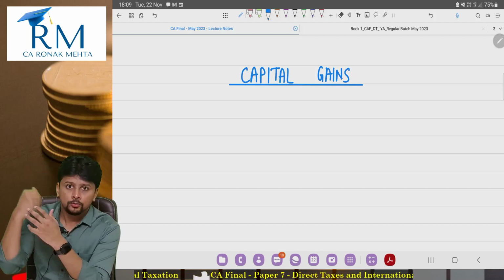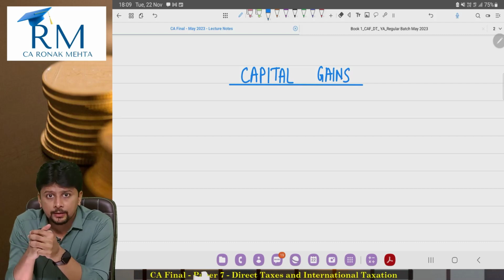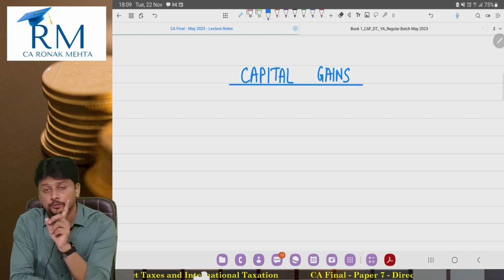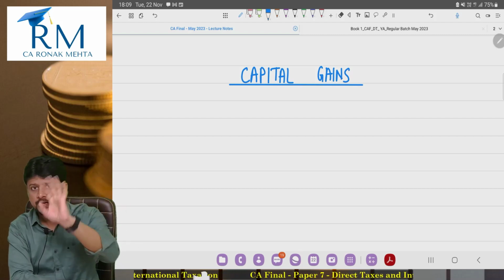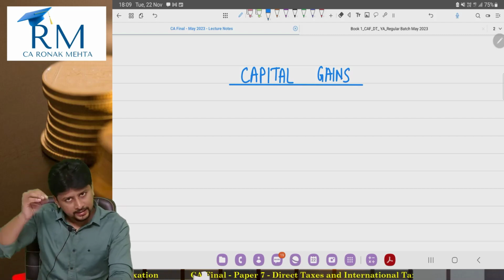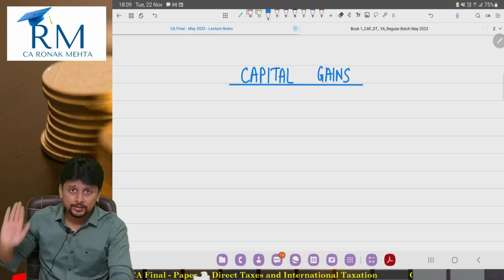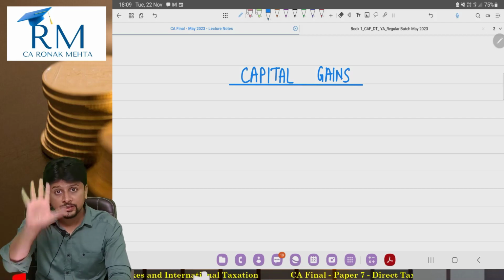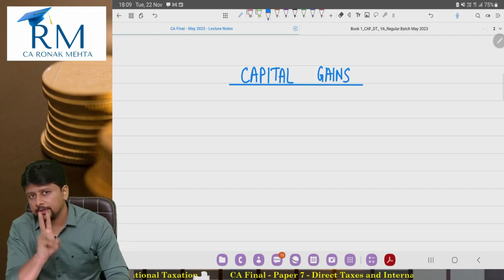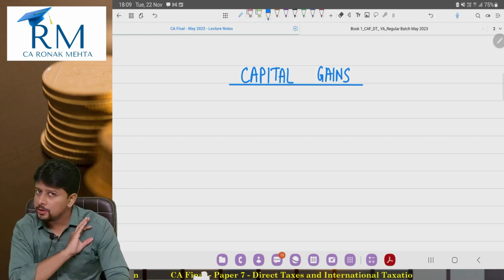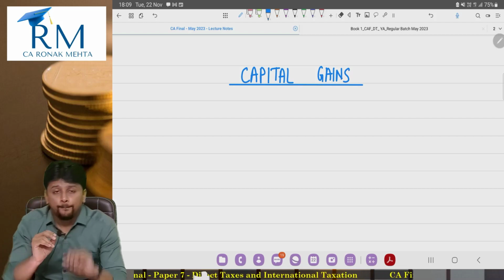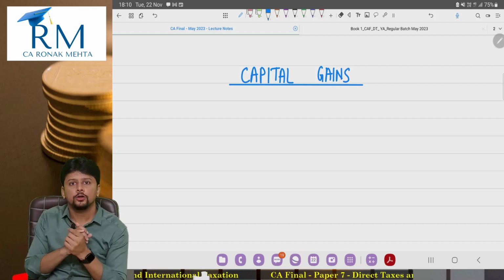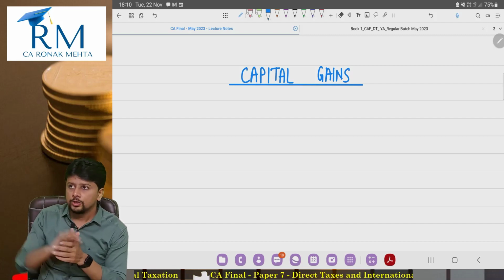If you flash back to 2.5 years ago when you were studying CA Inter, the two most important, crucial, difficult topics of your CA Inter syllabus were PGBP and capital gains. At CA Final also, the trend still remains. The two most difficult are capital gains and PGBP. When it comes to heads of income, the two important ones are capital gains and PGBP, no doubt. But PGBP, the way it is tested in your question paper, you will get your compulsory